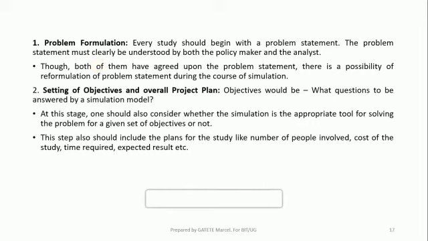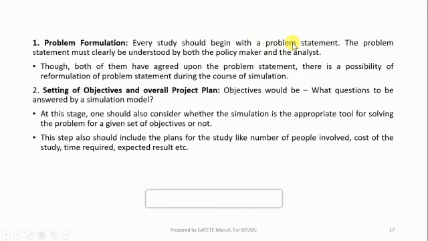So here there is a problem formulation. As I said previously, every study should begin with a problem statement. The problem statement must clearly be understood by both the policymaker and analyst. So when you are going to design your model, the first step is to raise the problem.